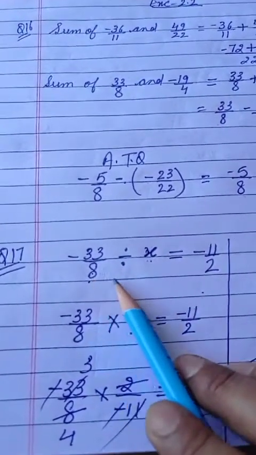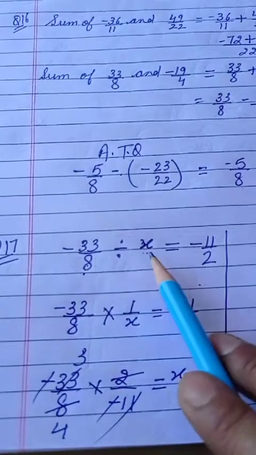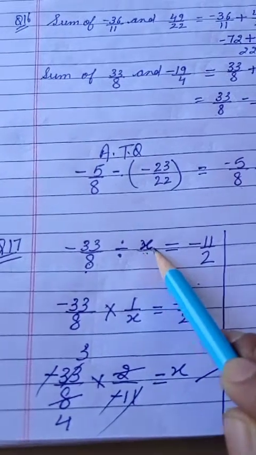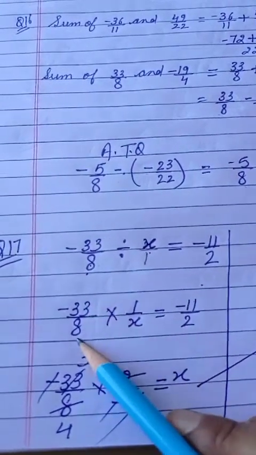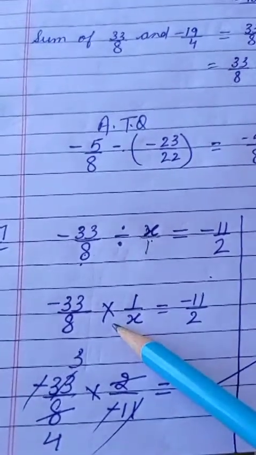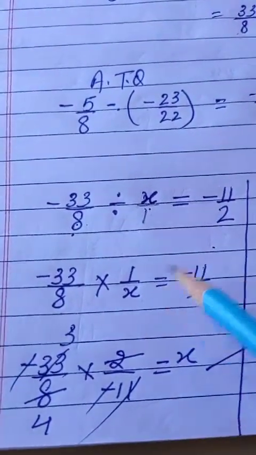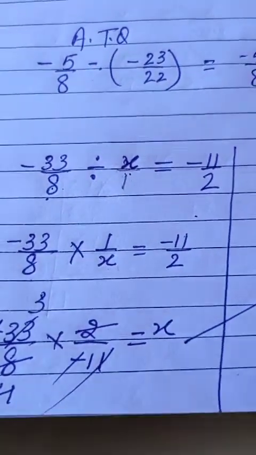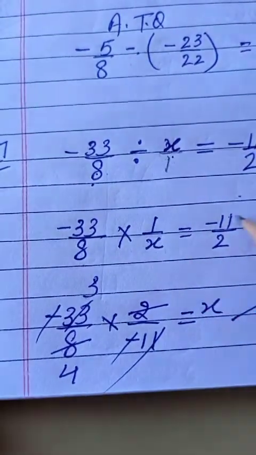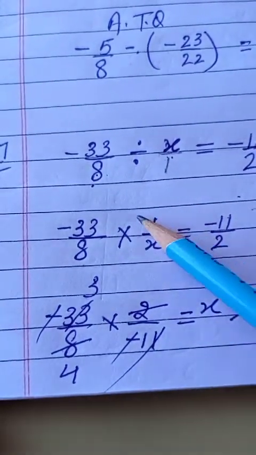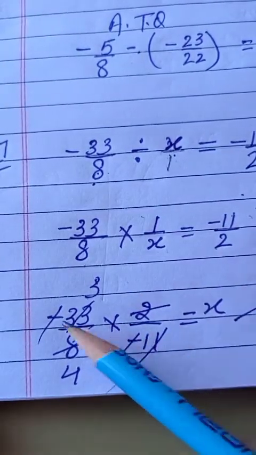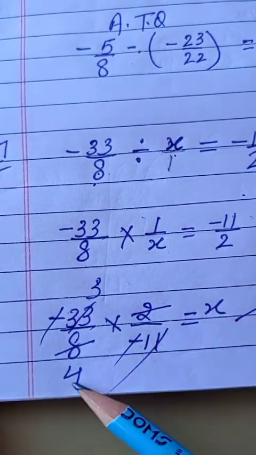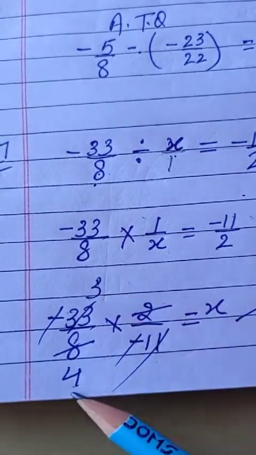Now the next is 17th question. By what number should this be divided? By what you have to divide this? Let that number be x, so as to get minus 11 by 2. See children, nothing in the denominator means 1 is there. So minus 33 by 8, this division sign will change to multiply, and x over 1 will become 1 over x, is equal to minus 11 by 2. Now we need to find the value of x. So for that what you will do? Look here, this x we will take here and transpose 2 here and minus 11 this side. Now cuttings can be done. 11 and 33 will get cancelled. Minus will get cancelled. And 2 4s are 8. What is your answer? x is 3 by 4.